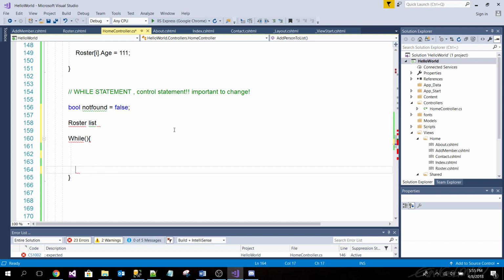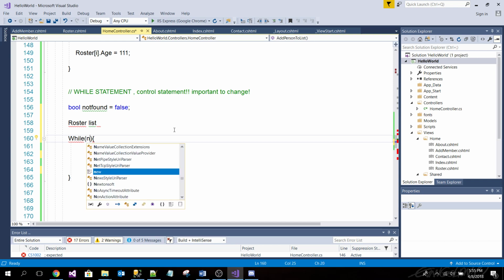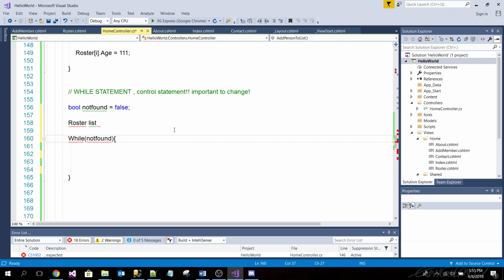Actually, I'm just going to give you this one free because it's getting late for you guys. So, while not found. Let's see. Actually, while found. This is kind of a tricky one.